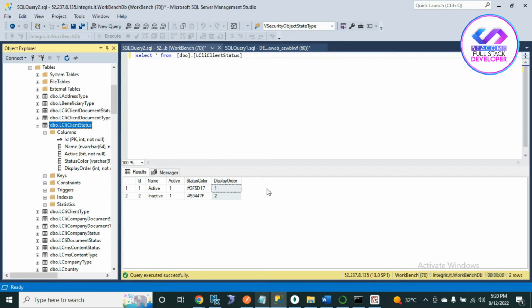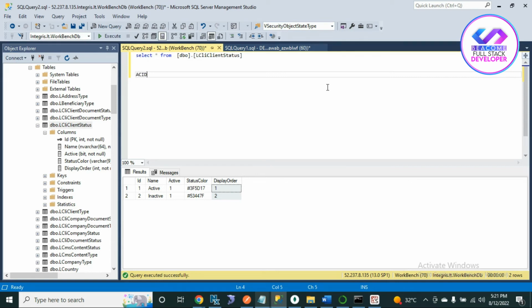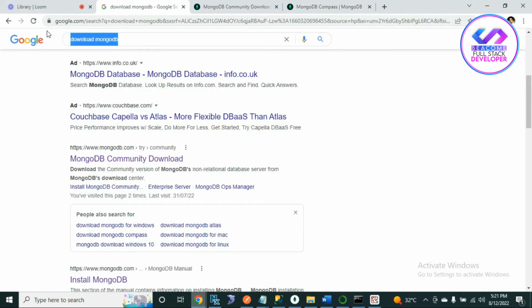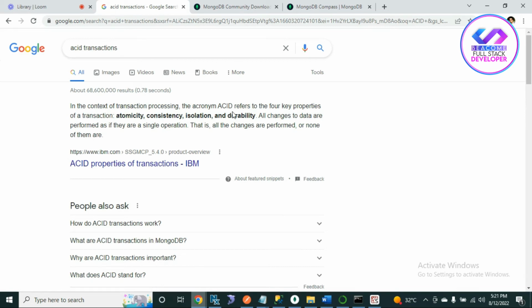ACID. What does this mean? RDBMS provides us ACID. It stands for atomicity, consistency, isolation, and durability. If we search this way, we can check what RDBMS actually provides us: these different terms, atomicity, consistency, isolation, and durability. They matter only when you are working with databases, and this will help